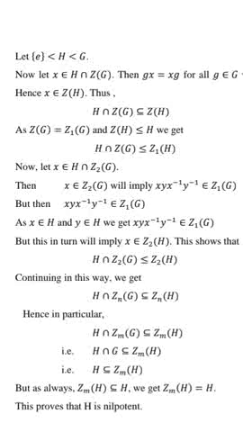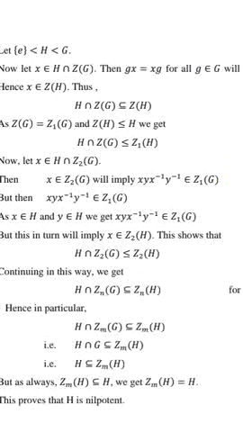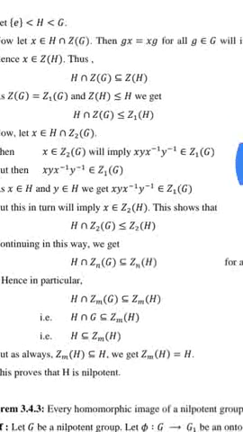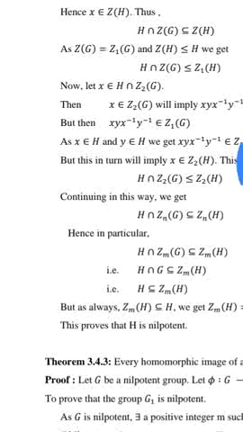But this implies that x belongs to Z_2(H). This shows that H intersection Z_2(G) is a subset of Z_2(H), and continuing in this way,